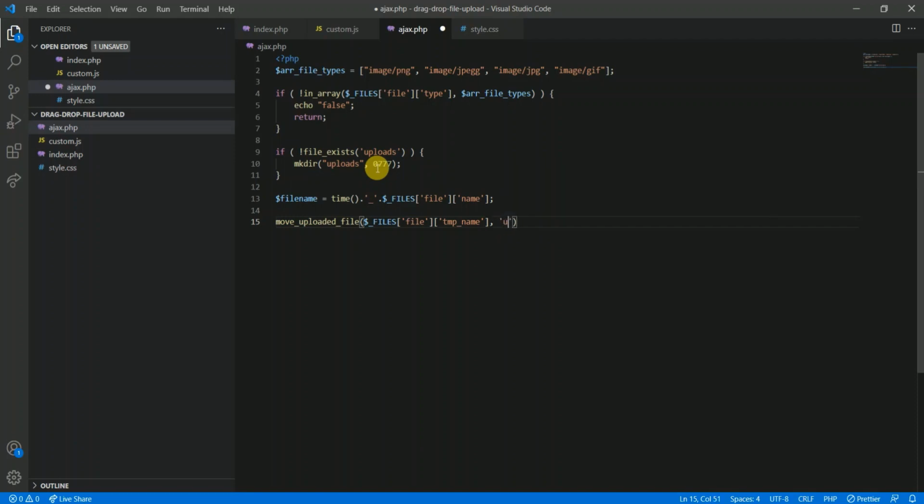My directory is uploads and then the file name. Finally, return the file path to the client side code. Die.